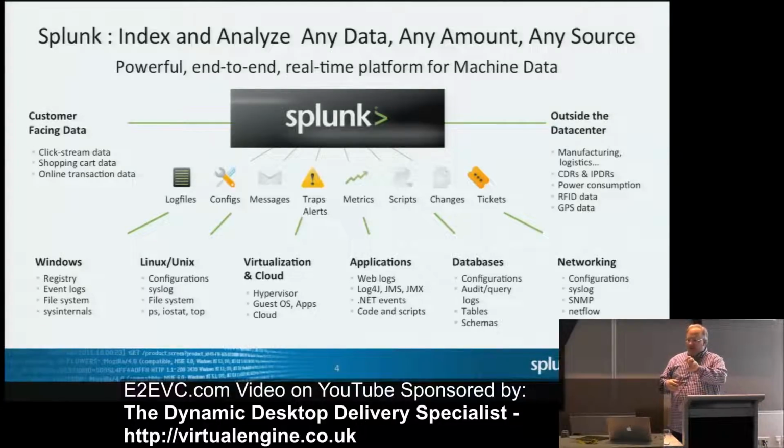So that's the indexing. That doesn't provide a lot of value in itself, right? Because we can store the data. Getting the data doesn't seem to be a big problem for people. There are 1,000 different ways to get data. It's making that data accessible. And how do we do that?